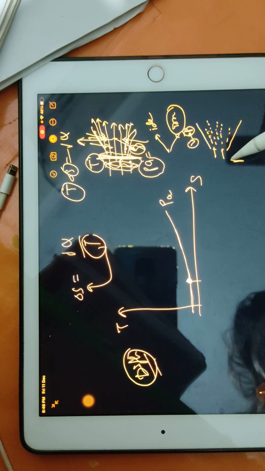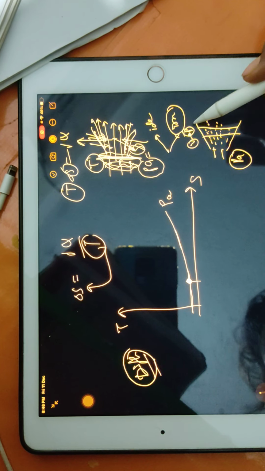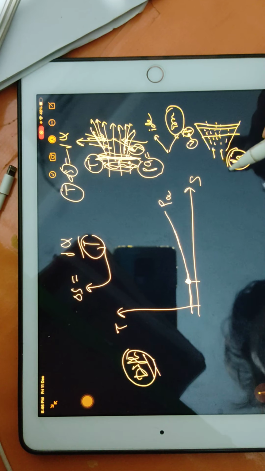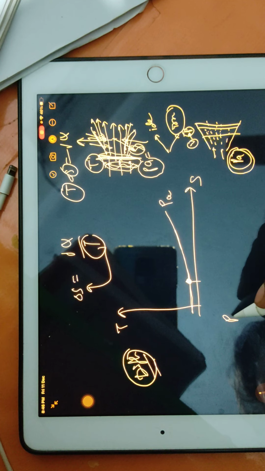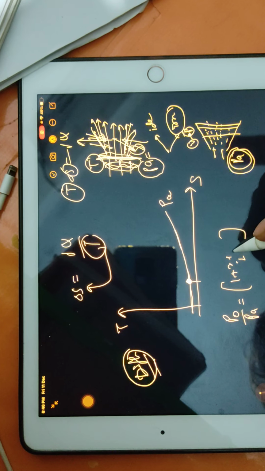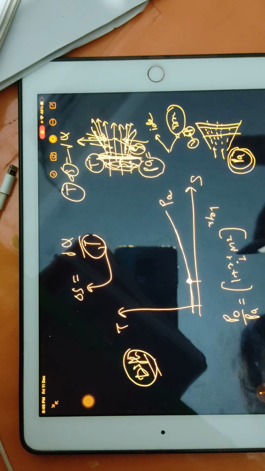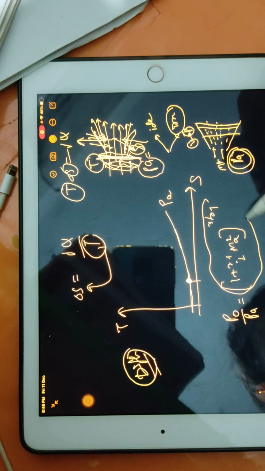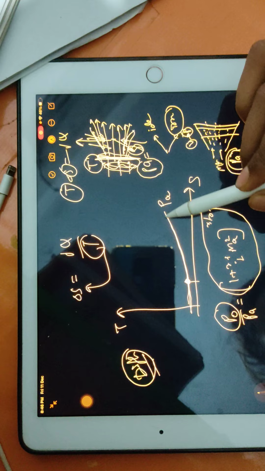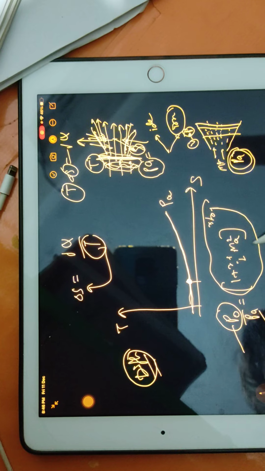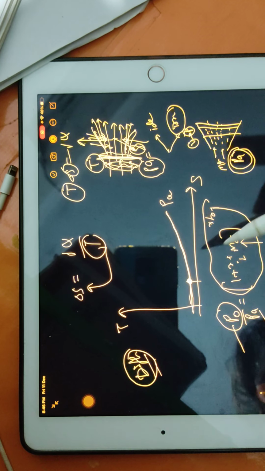Which static pressure? Not PA. PA is outside. Inside somewhere I am talking. But if you consider this PA, by using the formula P naught by PA equals bracket 1 plus (gamma minus 1) by 2 M square, raised to gamma by gamma minus 1. This is MA, meaning whatever the outside Mach number is. So by using this formula, you will find out how much total pressure this PA has. Substitute the PA value and the outside Mach number, and you will get the total pressure.